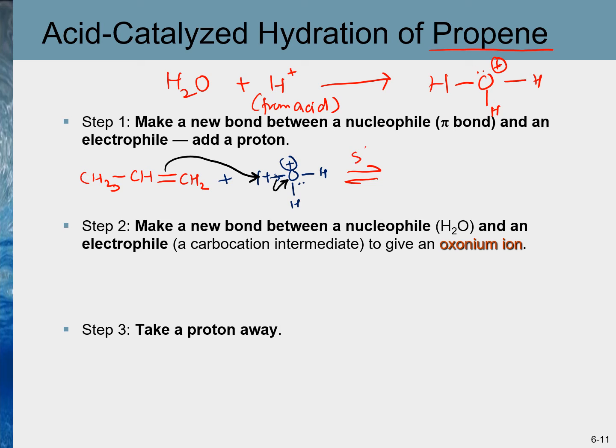Again, this step is a slow step, hence it's the rate determining step, and it will give rise to formation of a carbocation intermediate. And as we know, there are two types of carbocations which may be formed,